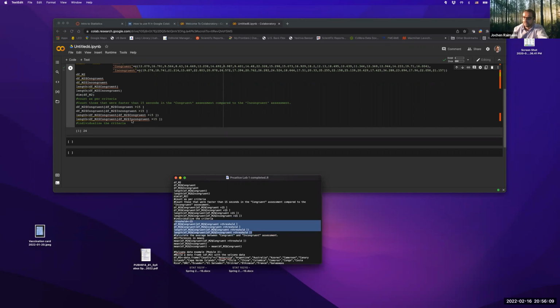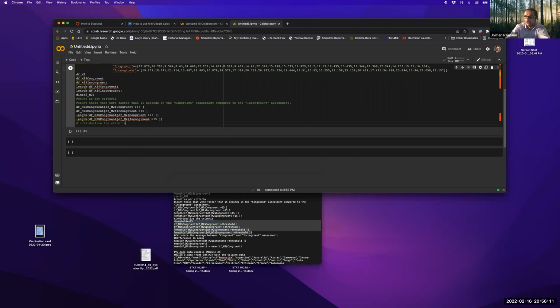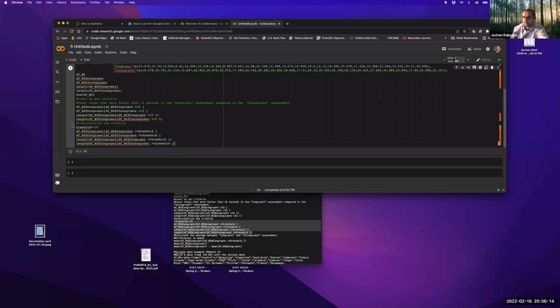We're using as the distinguishing criterion not the 15 hard-coded anymore, but we're defining the threshold manually. And moving forward, we're using the threshold rather than the actual value. So if we're assigning threshold here,